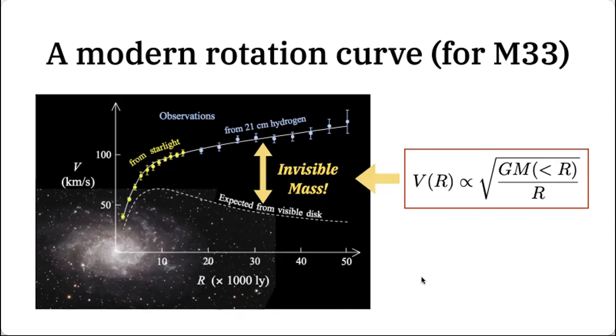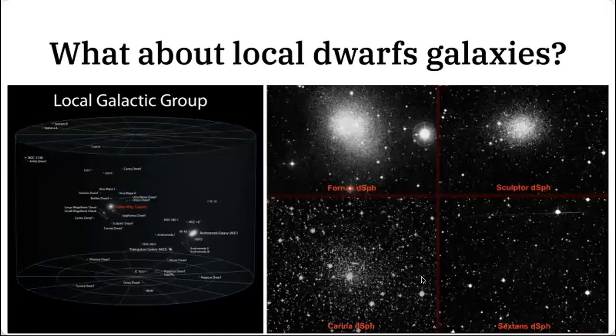Okay. And I showed you the rotational velocity of Andromeda and M33, and there are numerous other galaxies in our local group. So this is about a 1 megaparsec size cylindrical chart of local objects. So here we have the Milky Way. This is the Andromeda galaxy, and M33 is here.